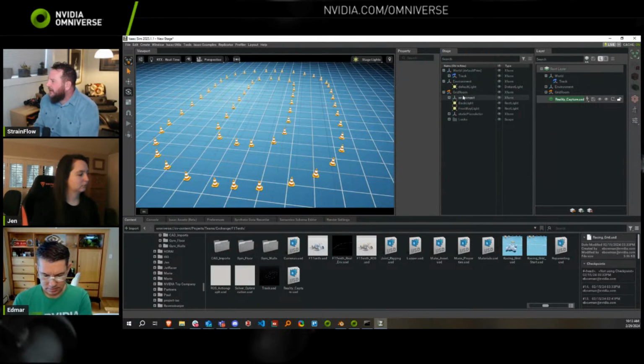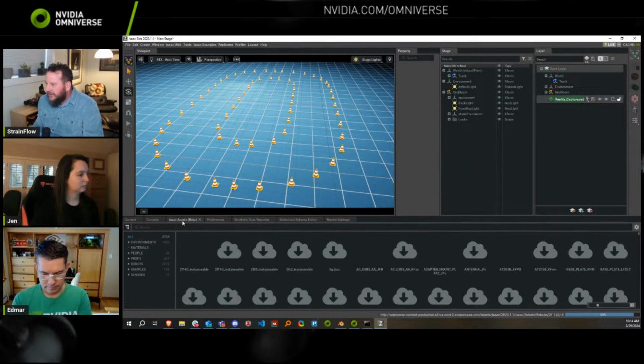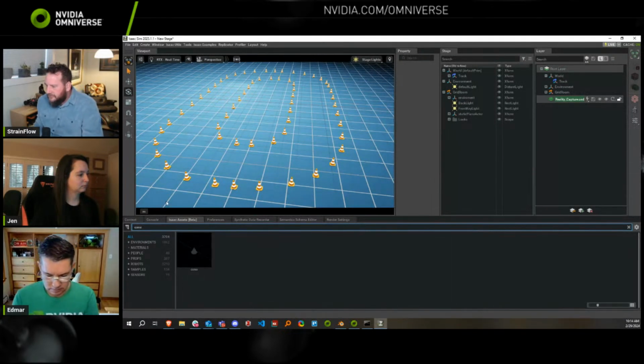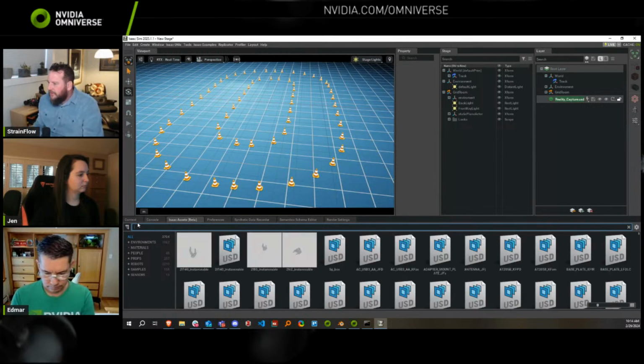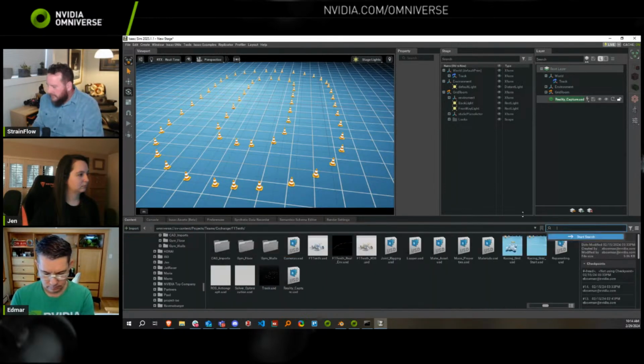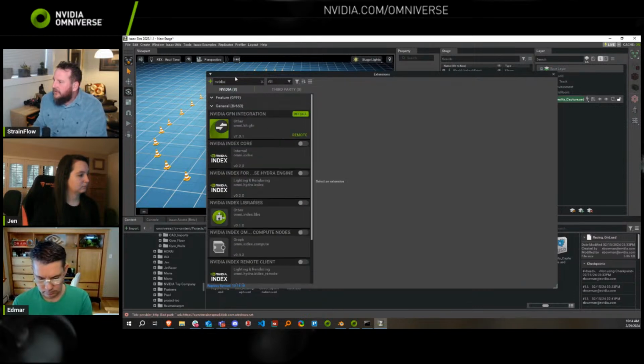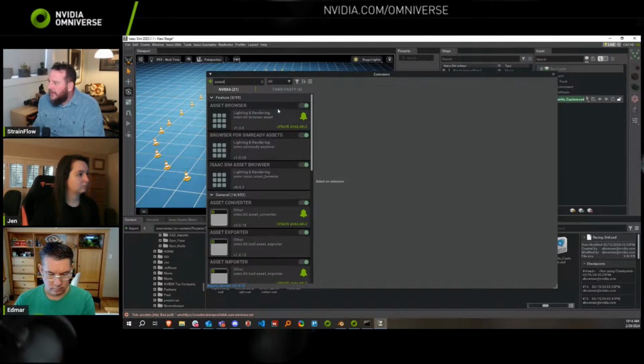So let's go to the Isaac assets and let's just see if there's like a traffic cone. Nope. Windows extensions. I want the NVIDIA Assets extension. It has lots of stuff. Asset browser.